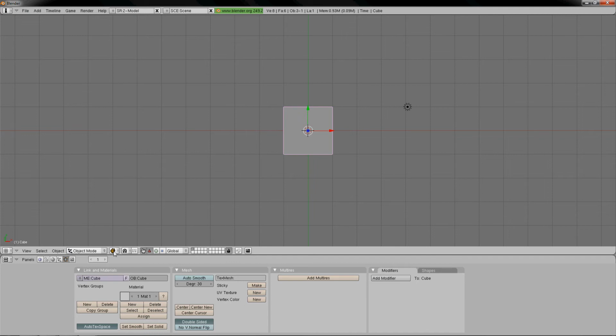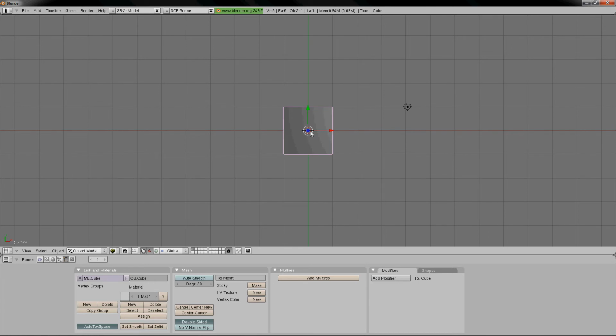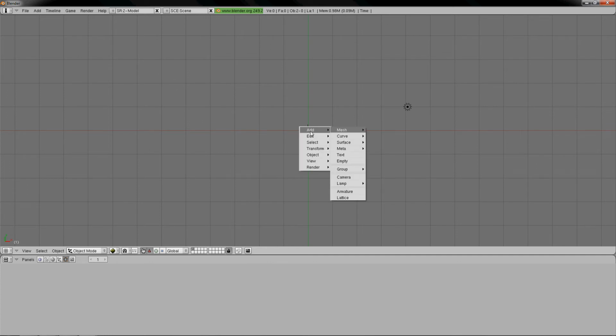Let's go ahead and get started. The first thing we're going to want to do is set the draw type to textured, and we're going to enable GLSL material setting. You don't have to, but it will make things a lot easier if you have a graphics card that supports it. The next thing we need to do is delete that default cube and go ahead